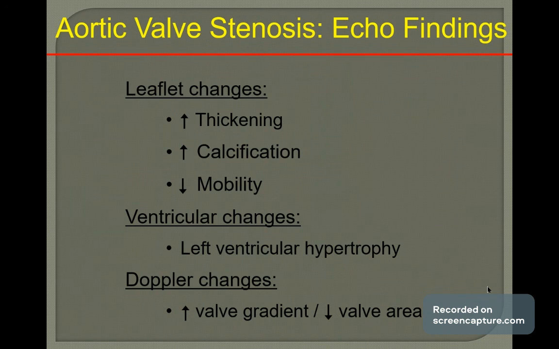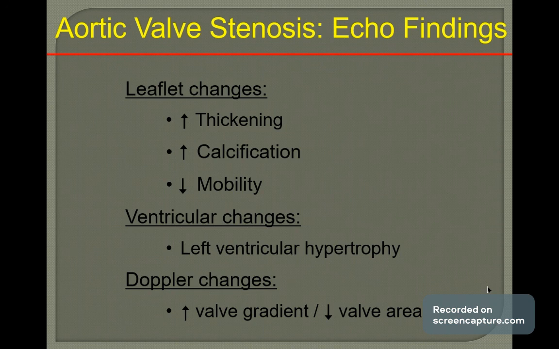These are the echo findings: thickening and more calcification, reduced mobility, left ventricular hypertrophy, etc. Doppler studies can be done. Definitely the pressure gradient here will be small and the pulse pressure will be narrow. Always remember, pulse pressure becomes narrow. You have to take the blood pressure in these patients. For example, it is 110 by 100, only 10 millimeters pulse pressure. On the opposite side, in the aortic